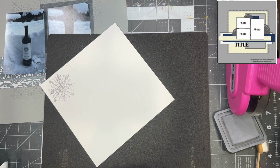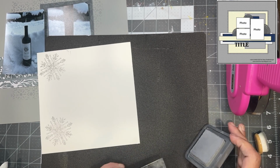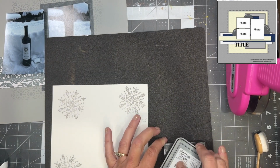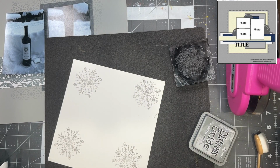So I usually have a rather simple design that I do, but you can always add as much as you like. There are no rules in scrapbooking, which is the greatest part about it. Well, one of the greatest parts about it. There's so many great things about scrapbooking. We could talk for days on that. Anyway,